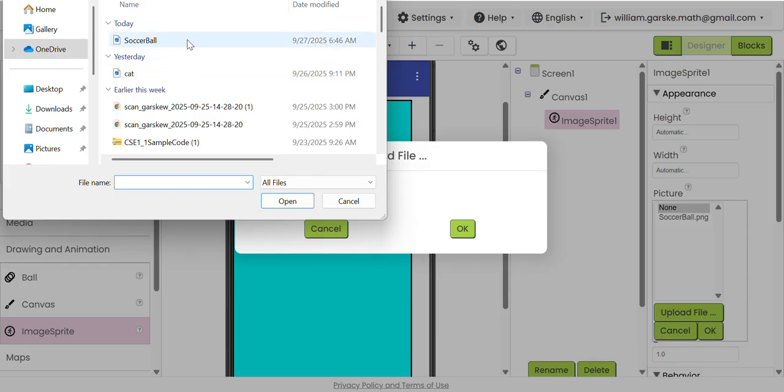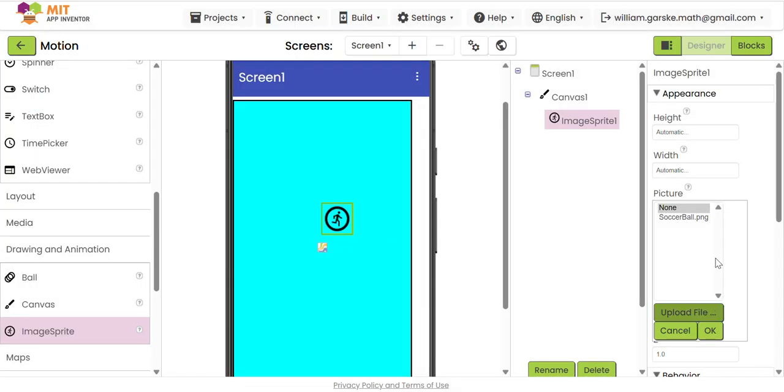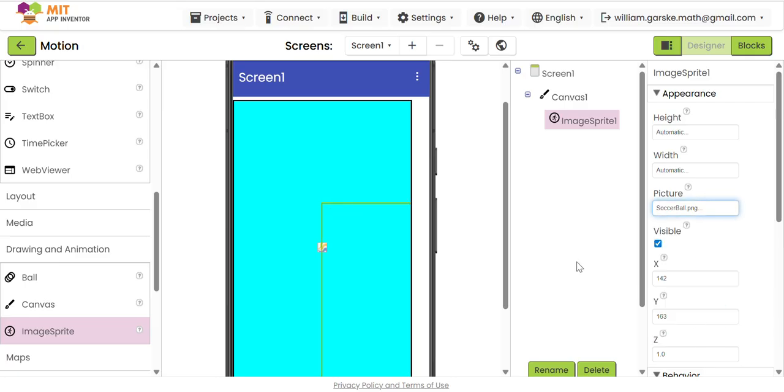I have a couple files here. I could get this soccer ball. I could get this cat, whatever I want. So I click open. I upload it. Here it is over here. I'm just going to click OK. So the soccer ball is on the screen. Now this soccer ball is way too